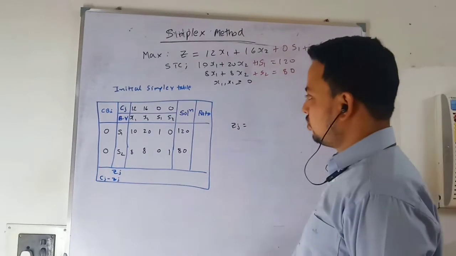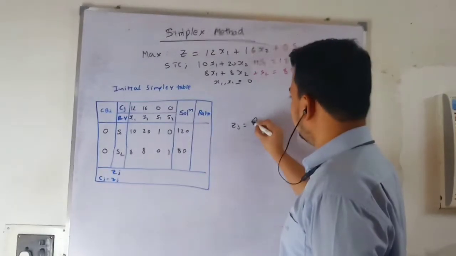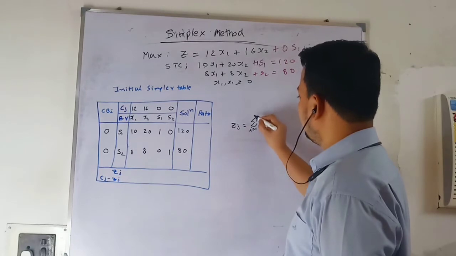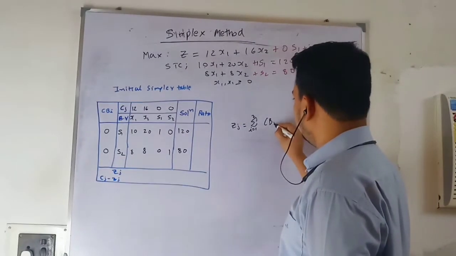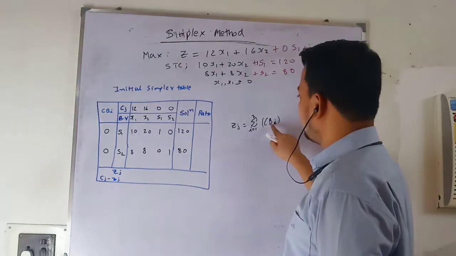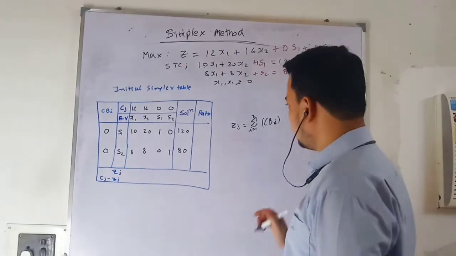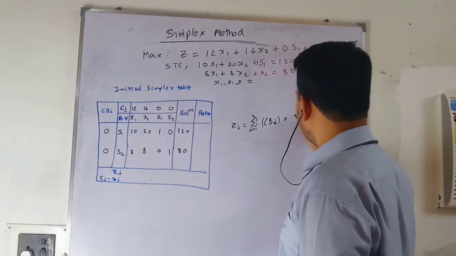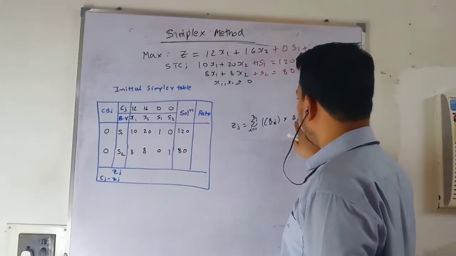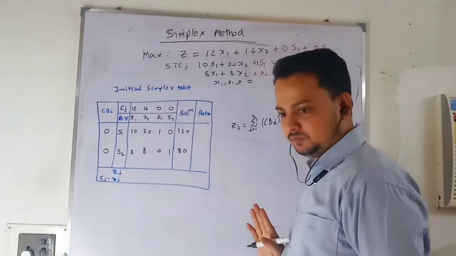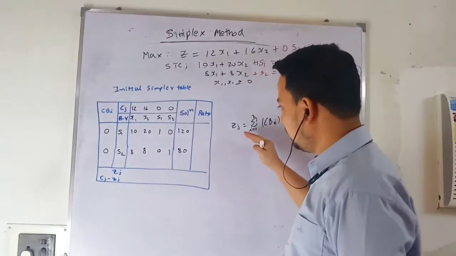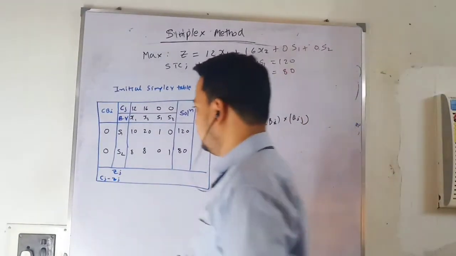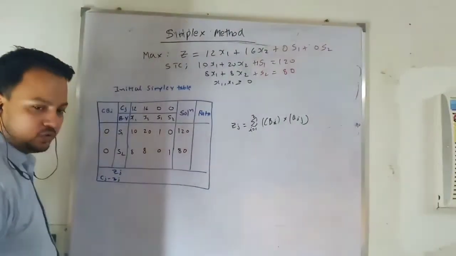Okay, so I have two rows, so the summation runs from 1 to 2. CBi, the coefficient of basic variable i, multiplied with Aij, the element of the ith row and jth column. I have done this in detail in the video, where I showed you the process step by step. Here I am just doing it directly.